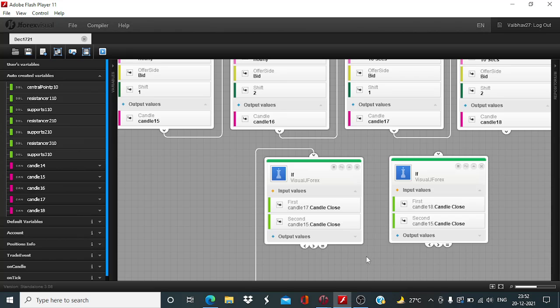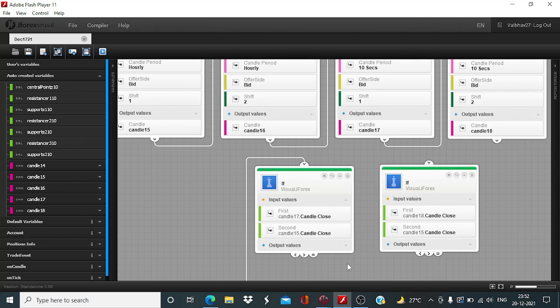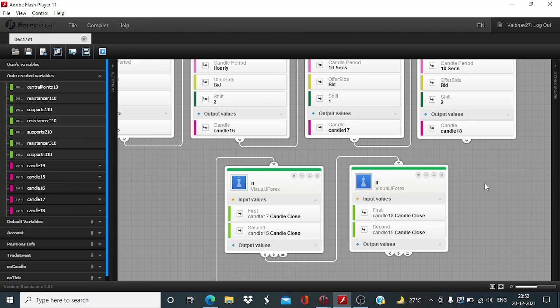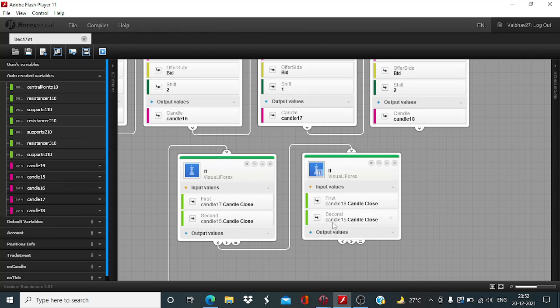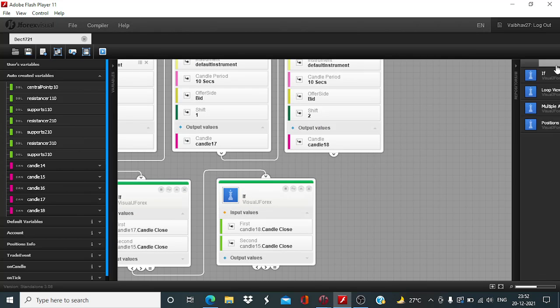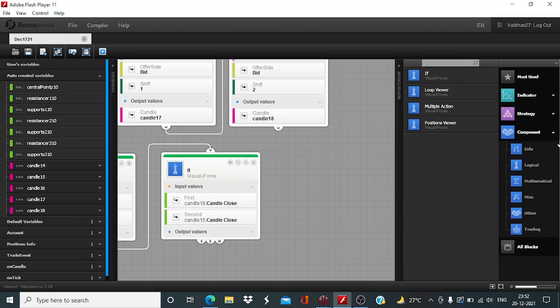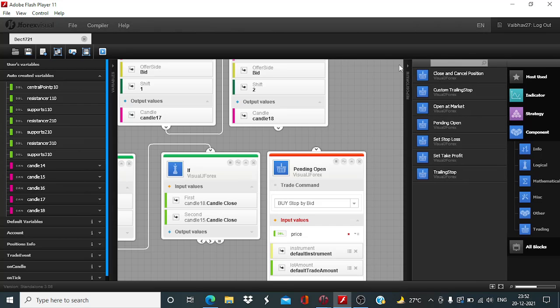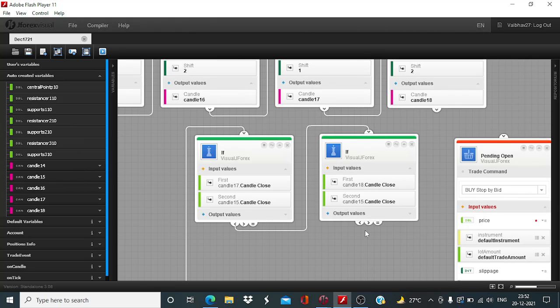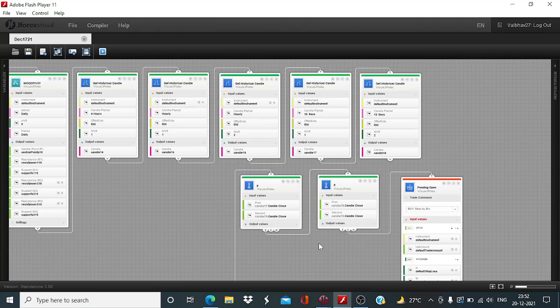so here we will need the last 10-second candle close to be less, so first input less than second input, whereas the candle 18 candle close will need to have been higher. And we now bring in the trade command block. Pending open, this is going to be a pending order. First input greater than second input. Okay,